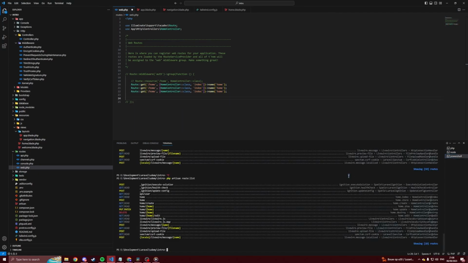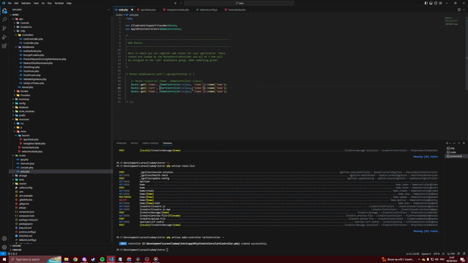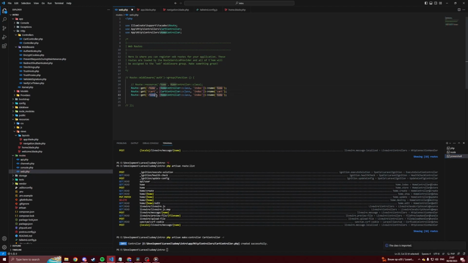Let's make a PHP artisan make controller, shop or cart controller. We don't really need all the functions, but I like to do it anyway because you can always change it up if you don't need them all. Cart controller, and then cart. Let's import it, and let's make, actually for contact we can just use